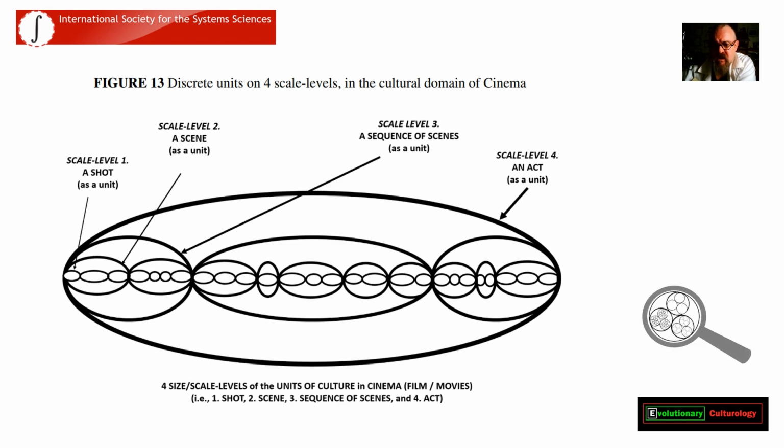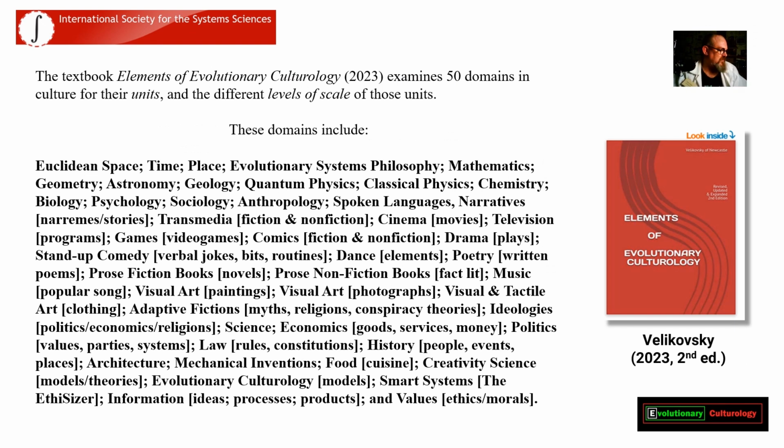3 laws lens. Next. And so in the book Elements of EvCult, look out, this big red tome here, not that big really. You got 50 domains in culture broken down by their units and scale levels using the 3 laws lens. So you got all those domains: Euclidean, space, time, place, maths, geometry, astronomy, anyway, I'm not going to read them out. You could freeze the video and read them, or you could buy the book and read it yourself, see all those diagrams. But once you've got the hang of 50 domains, you're sort of up and running, and you can apply it to any domain you want using the good old